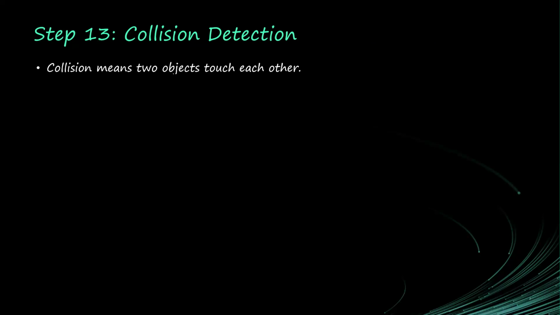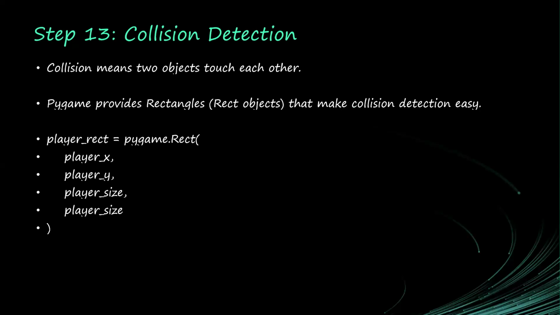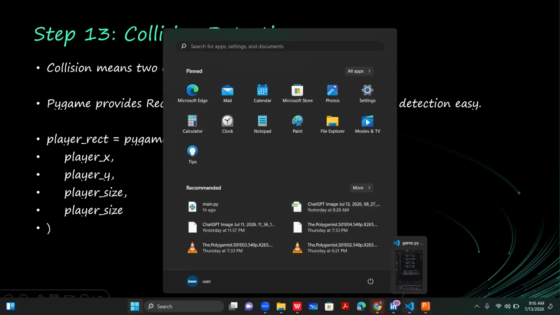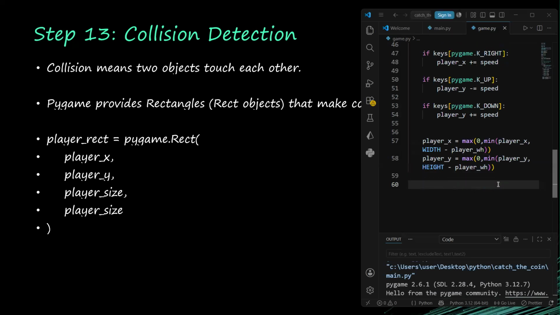So how do we detect collisions? When two objects collide, how do you detect it? Pygame provides rectangle objects that make collision detection very easy. So you can create the player rect. We'll talk more about this. We have a separate week for discussing collision, so don't sweat on this. Just know that if you have objects and you want to detect collisions,